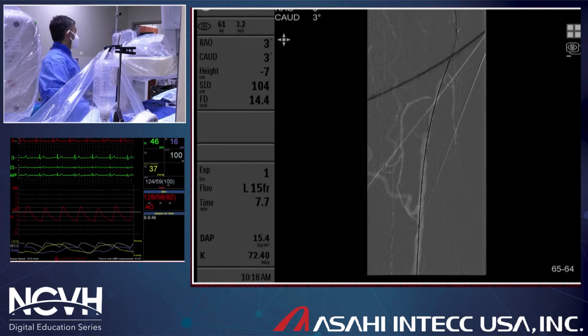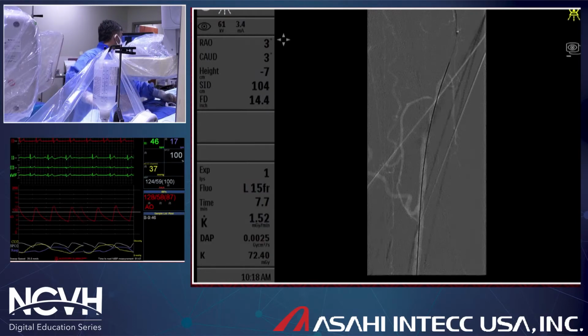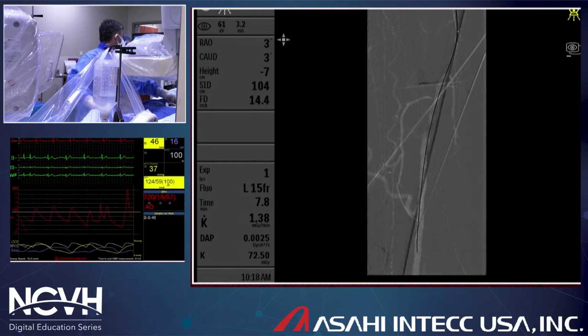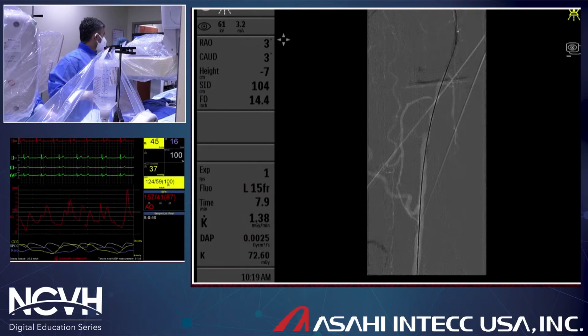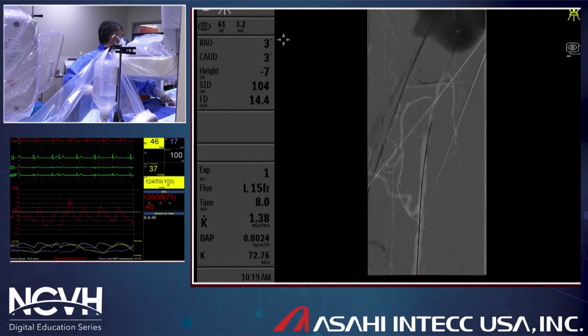and I'm able to cross this wire completely. One of the things to keep in consideration when you're using this wire: never buckle the tip of this wire too much. If you feel that the tip is buckling, it means you are facing a lot of resistance, and it's time to withdraw that wire and redirect it at another point. The tip of the wire, which is a 7.5 gram tip, will find a way through that chronic total occlusion into the true lumen.